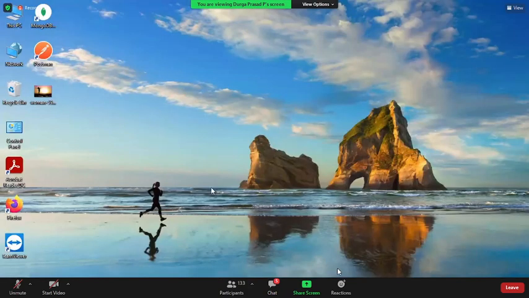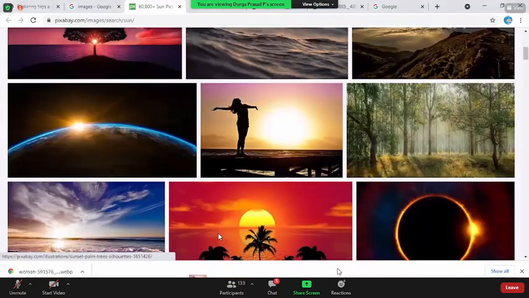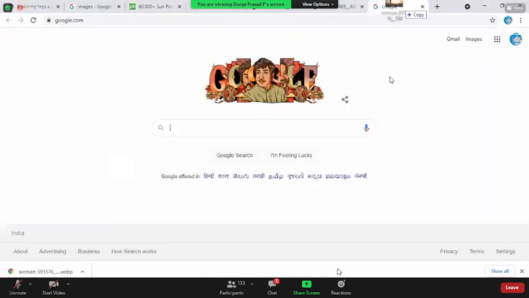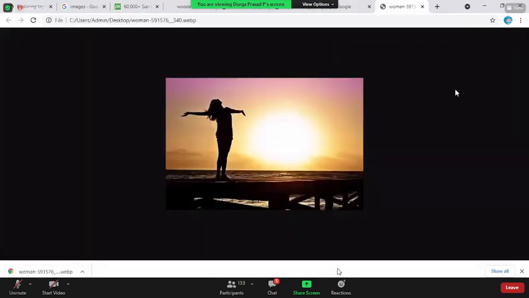A lot of people have confusion: how do I make use of this image? It's very simple, guys. You don't know the path of this, so it is always recommended to drag the image and drop it onto the browser. Once you drop it onto the browser, do you get the complete path on the top here?